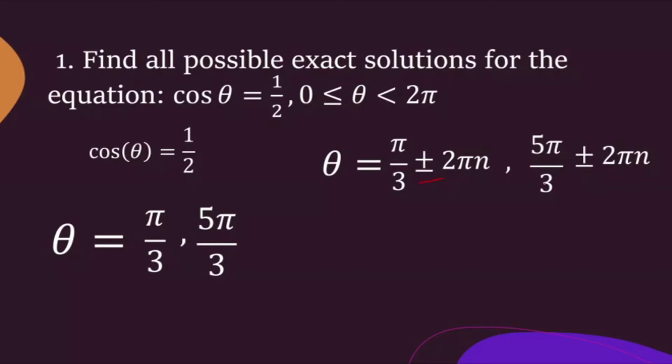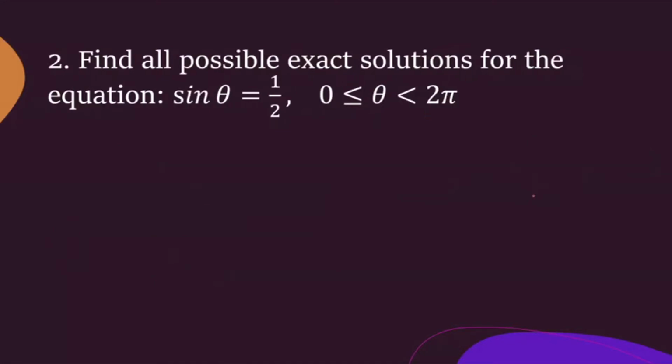It's like adding 360 or 2 pi to it to get the next interval. But in this interval, where it ends at 2 pi, you only get 2 answers, but these will be all the possible answers. So the next question we have: find all possible exact solutions for the equation sine theta